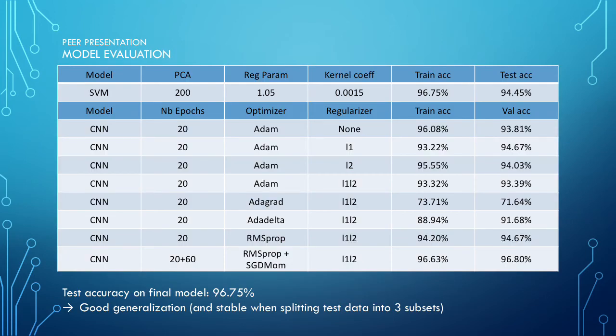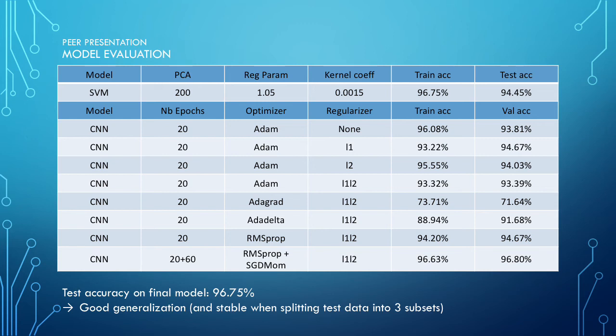When I was happy with the architecture of the network, I ran different combinations of hyperparameters to decide on the final model. In the table on this slide, I'm using a batch size of 32 for all the convolutional neural network, CNN, despite trying 16, 64, and 128 as well, but I found that it was the right balance in terms of computation time and precision.